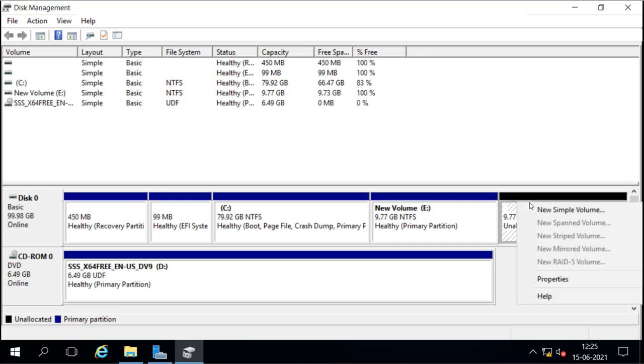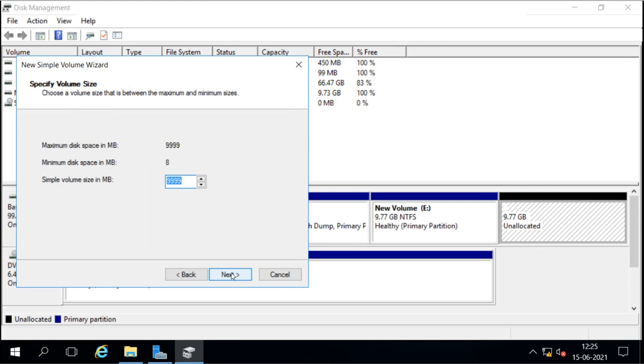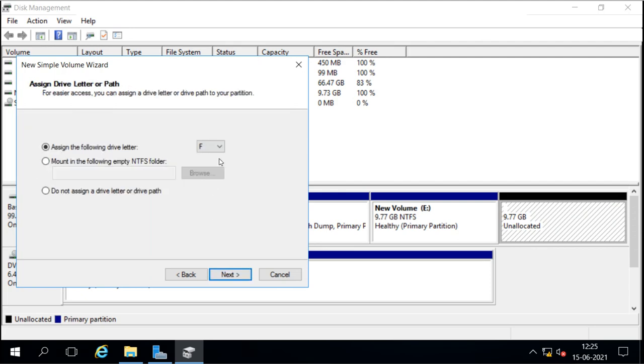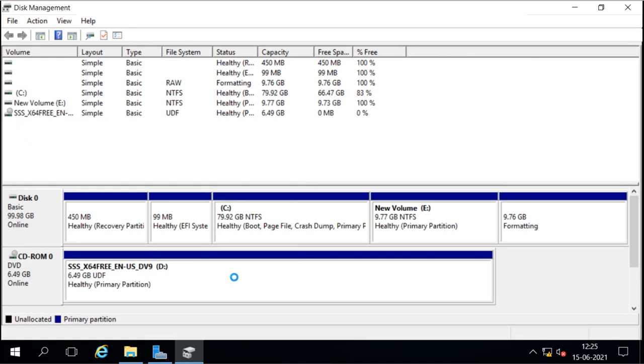We can right click, new volume, same way, next, size, next, drive letter, next, and here instead of NTFS we can select ReFS. And this one is the ReFS. So this is the NTFS file system, and this is the ReFS file system.